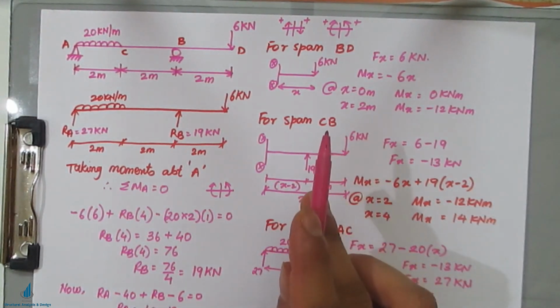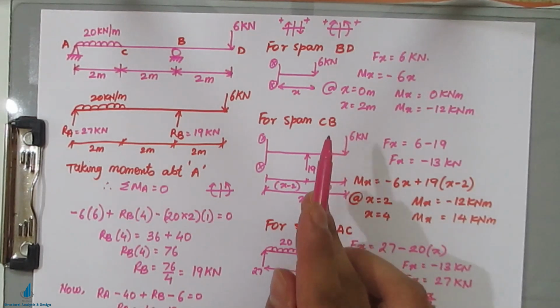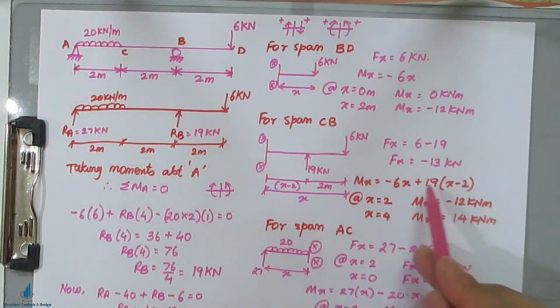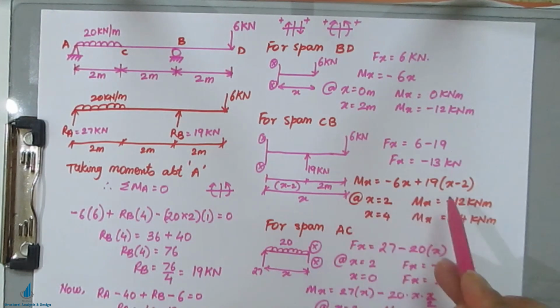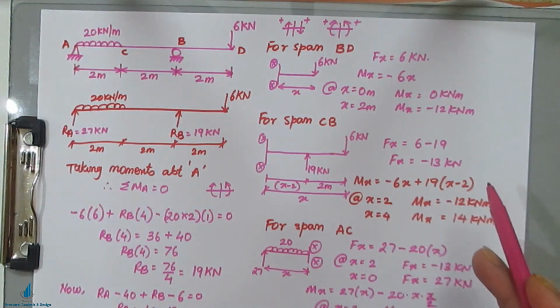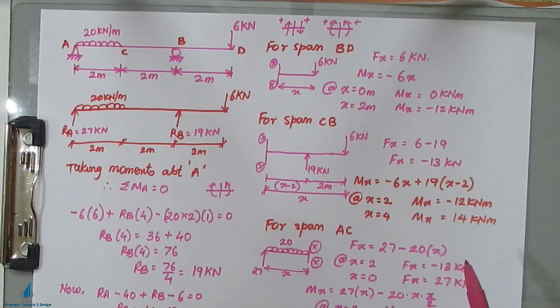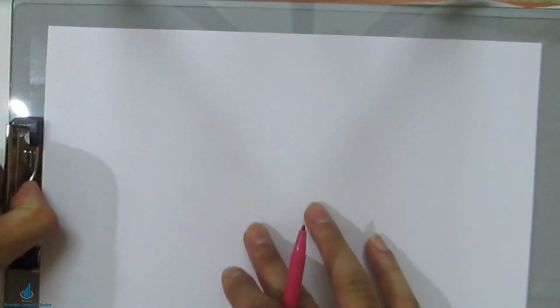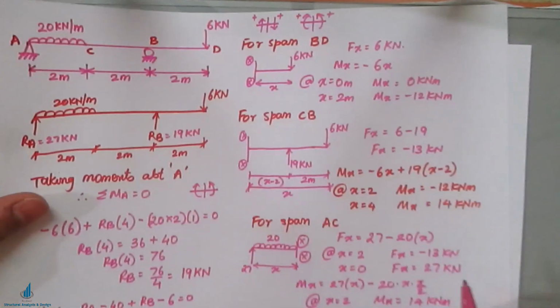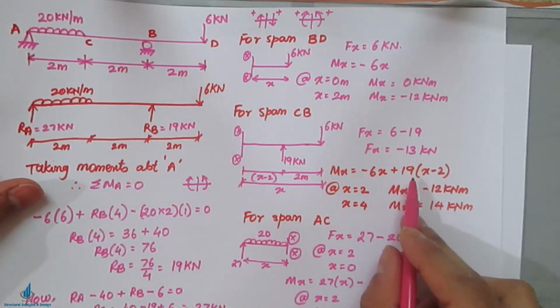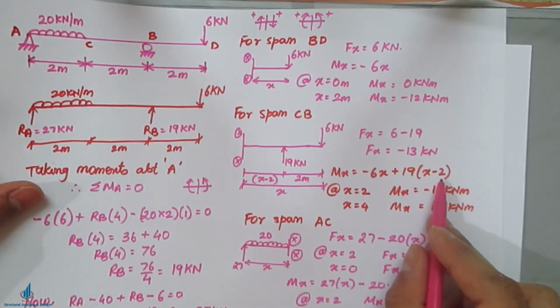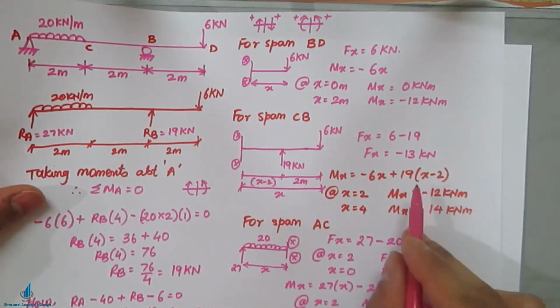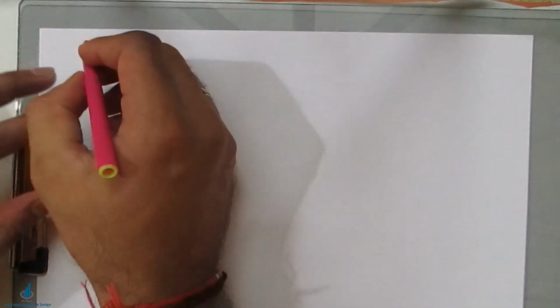So to find that, we make this moment equation equal to 0 and find out that x value. Okay, so I will just show you how to calculate. So that Mx equation you have to equate to 0. This Mx equation was Mx equal to minus 6x plus 19 times (x minus 2). Okay, that we have to take to calculate